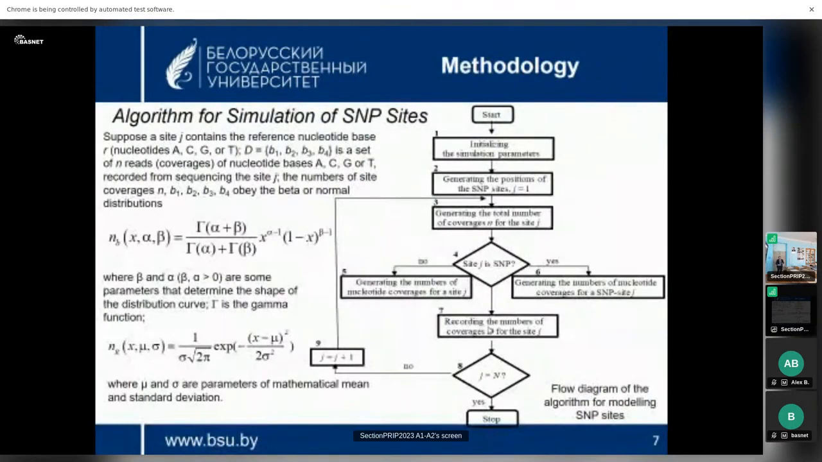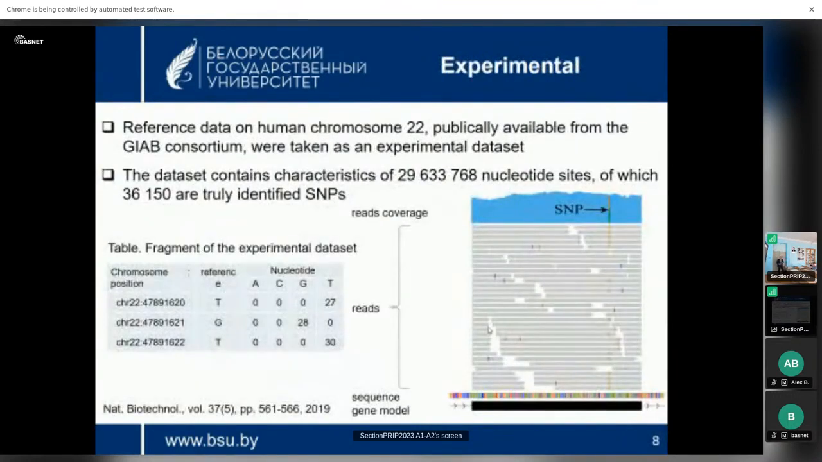The beta distribution we took from literature, and the Gaussian distribution is quite a logical step also to test, and more complex distributions have also been verified and tested. I don't go deep into this scheme. To validate our numerical algorithms, we took some publicly available data. Our reference data were on human chromosome 22, coming from